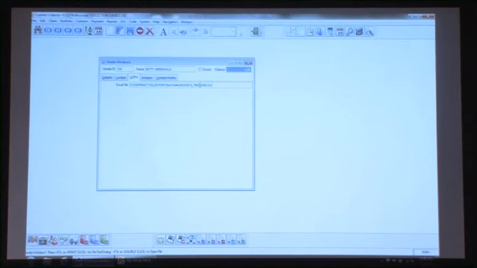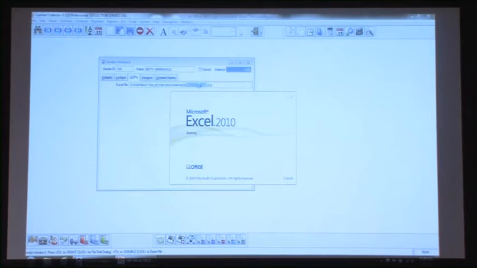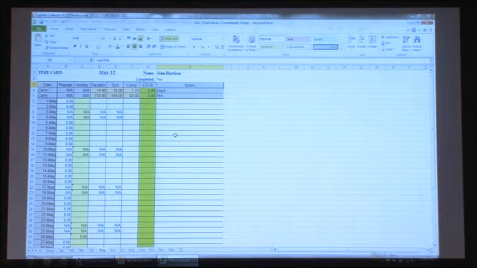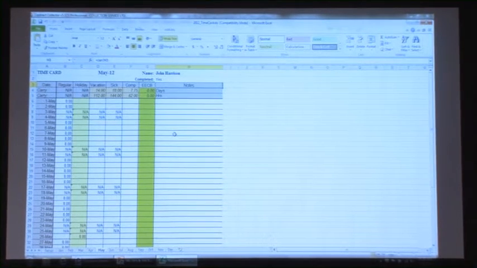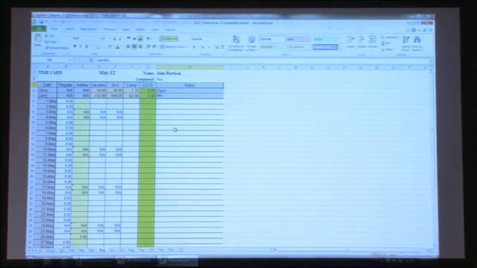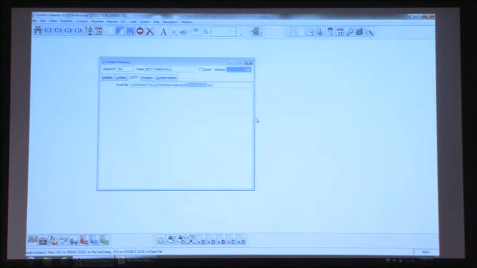So if this vendor is working for me, maybe they're a lawyer or an accountant, and I'm wanting to track what kind of things they're doing for me, I've created this Excel spreadsheet, time card type of thing to connect to that record. Maybe the vendor's a handyman or something like that, and you're tracking their hours in Excel spreadsheets. You can tie that directly to their record using your double-click option to access that file directly from within Contract